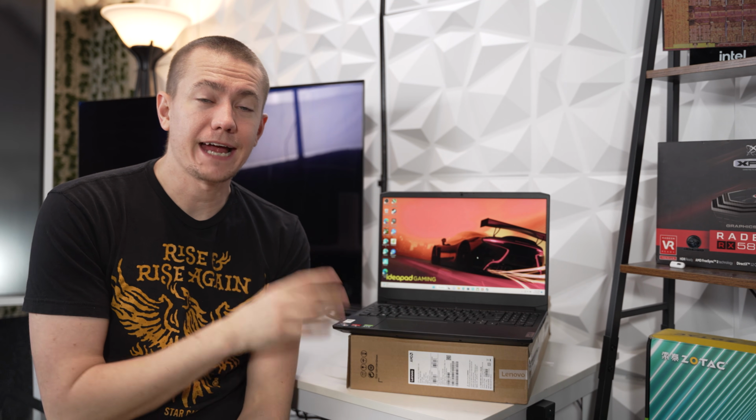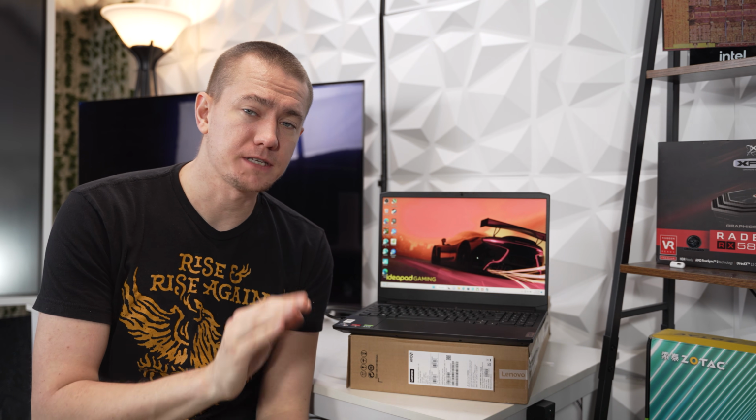This is the Lenovo Ideapad Gaming 3, and it's one of the best-selling gaming laptops on the market for a